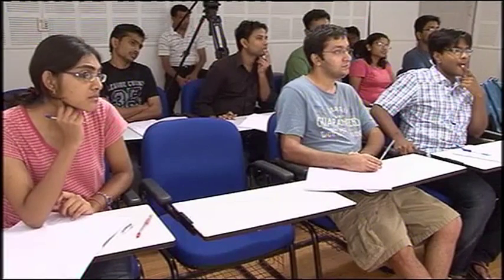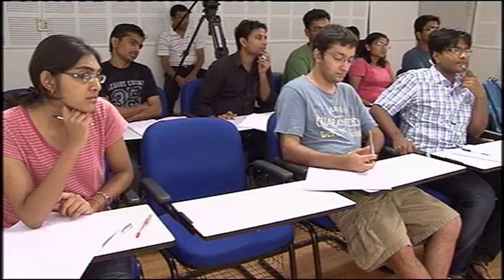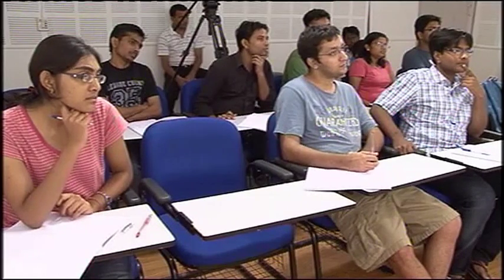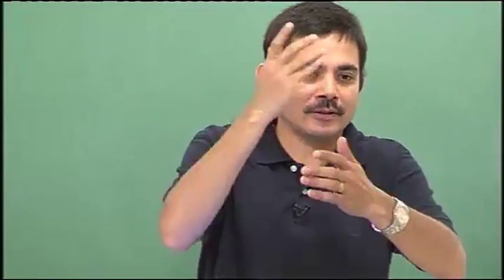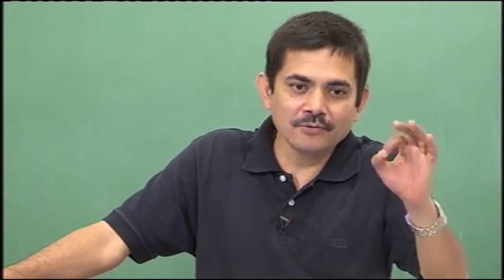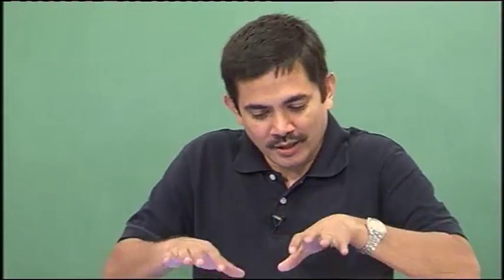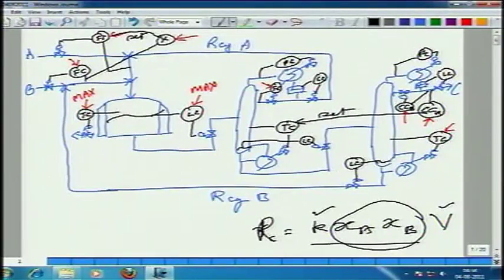So won't it come back to the same equilibrium, because you are taking out the C, right. There is not an equilibrium reaction, this is an irreversible reaction. A plus B irreversibly goes to C. If it is an equilibrium reaction, we will have a different way of dealing with that. Okay. It is an irreversible reaction, and this is what needs to be understood. If you do not understand this, you can't come up with this scheme. In fact, you can't even tell whether it is self regulating or not.